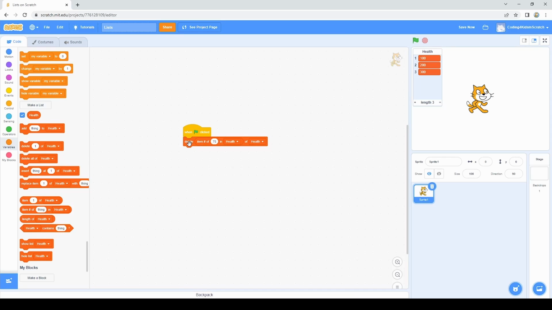So now the last normal block in the rest of this section is this block, replace item 1 of health with thing. And this block essentially combines two blocks into one. It will first delete the block at a certain value, and then it'll insert a new value at that same label of the list. So for now, let's delete any blocks that were under the when green flag clicked block,